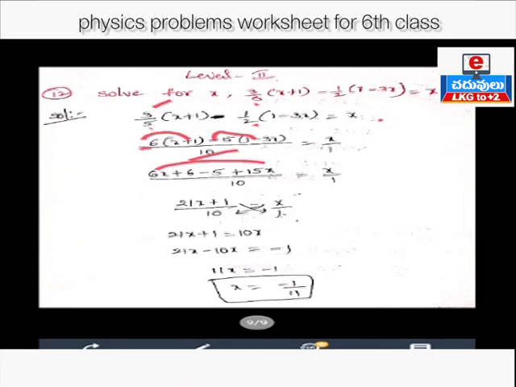to x by 1. By doing cross multiplication, 21x plus 1 is equal to 10 into x, that is nothing but 10x, children. Now 21x minus 10x is equal to minus 1. 21x minus 10x is nothing but 11x is equal to minus 1. X equal to minus 1 by 11. What is the answer we can get here? X equal to minus 1 by 11. This is a solution of this given equation. Understood? This is a solution of the given equation. That is nothing but finding the x value by using the equation.